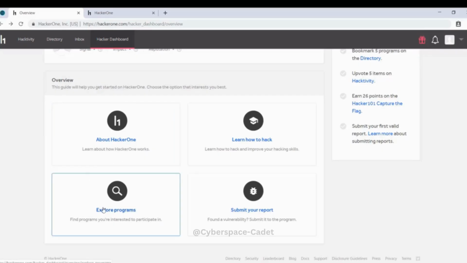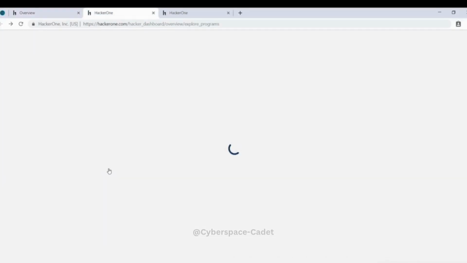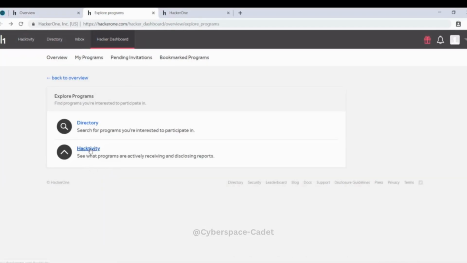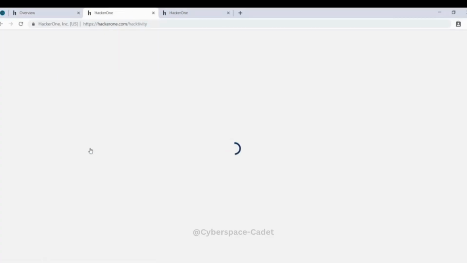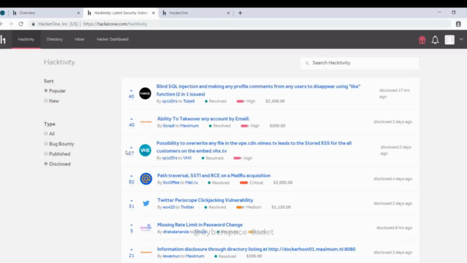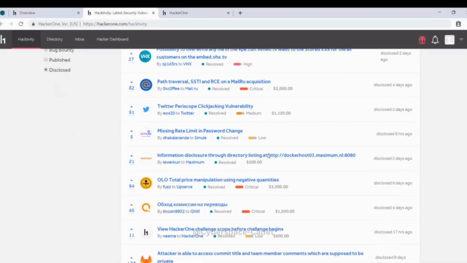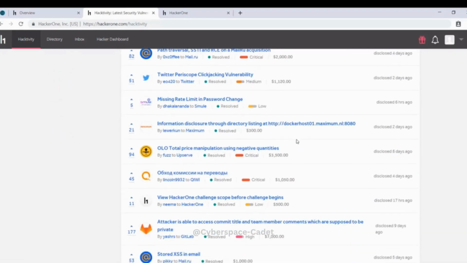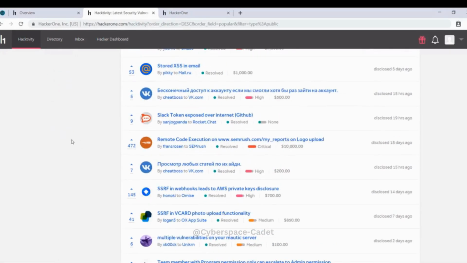Over here we can explore the programs, activity. This part will show you all the active vulnerabilities that you need to test in these websites. So some are paid, some are unpaid, but those which are unpaid will give you Hall of Fame. They are providing you some great